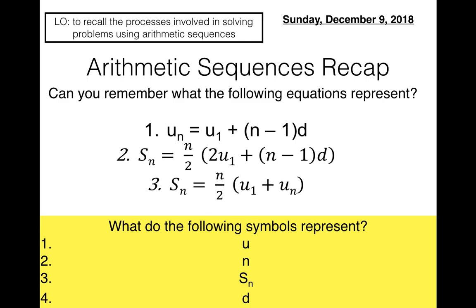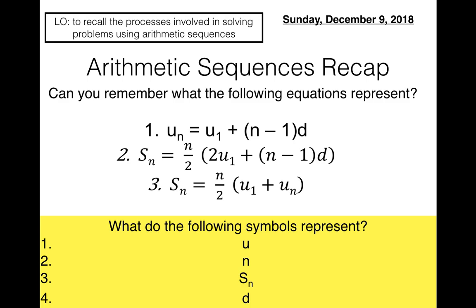More sequences. Now, we looked at arithmetic sequences last year. It was quite a long time ago, so I thought it might be best if we had a quick recap of what an arithmetic sequence was, and then move on to geometric sequences, because geometrics are a little bit more complicated. So when we were looking at arithmetic sequences, we were looking at things like 2, 4, 6, 8, 10,